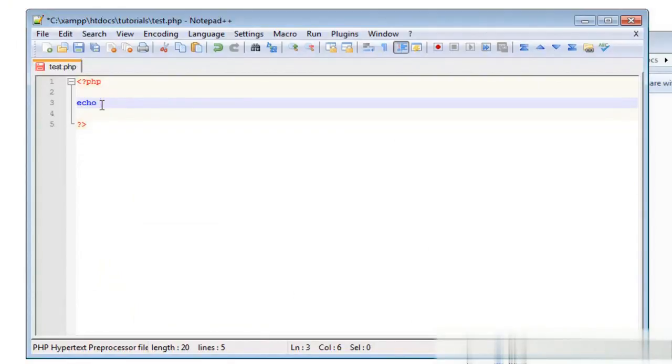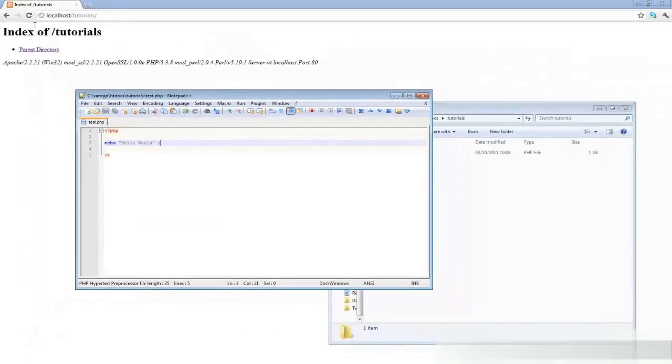So what we need to do is hit the quotation mark button, and then we need to type what we want to output. And for this we're going to simply type hello world. And when you finish typing what you want to output, you just hit the quotation mark again. And after that, this is one of the fundamentals of PHP. Every statement in PHP will end with a semicolon, so you need to put this semicolon in at the end. So if you wanted to do another echo down here, you need to put a semicolon after that. So if we save this now, and we go to tutorials, test.php,